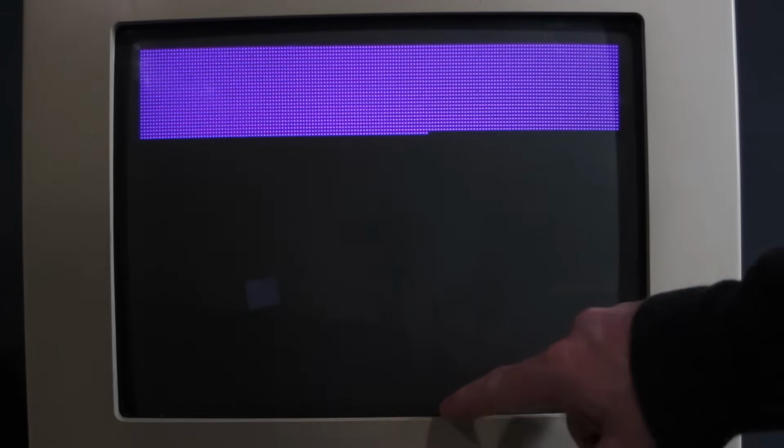And interestingly, there's a little bit of a picture here, although this is not correct. I should have pixels in the whole screen, since this code fills all of video RAM. So something has gone wrong here. I'm not sure what it is just yet. And I actually didn't expect it to get this far, because the first thing this code does is get into